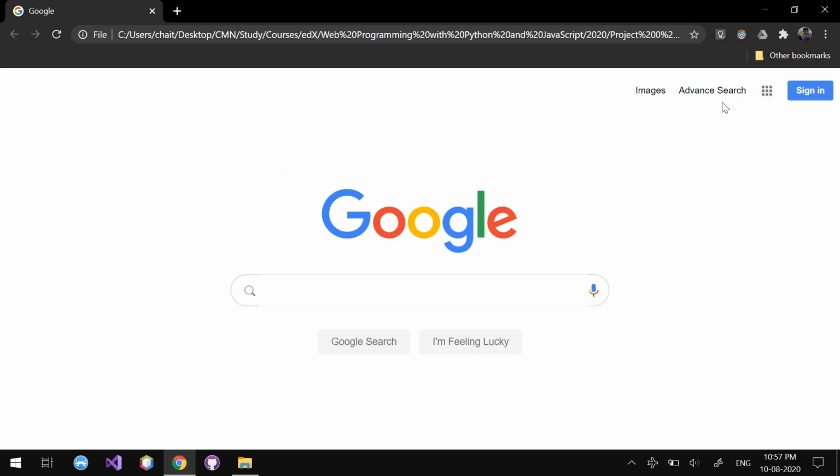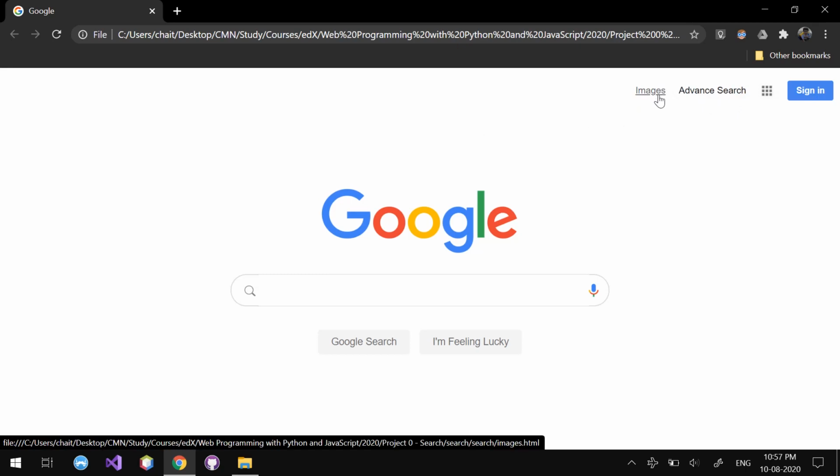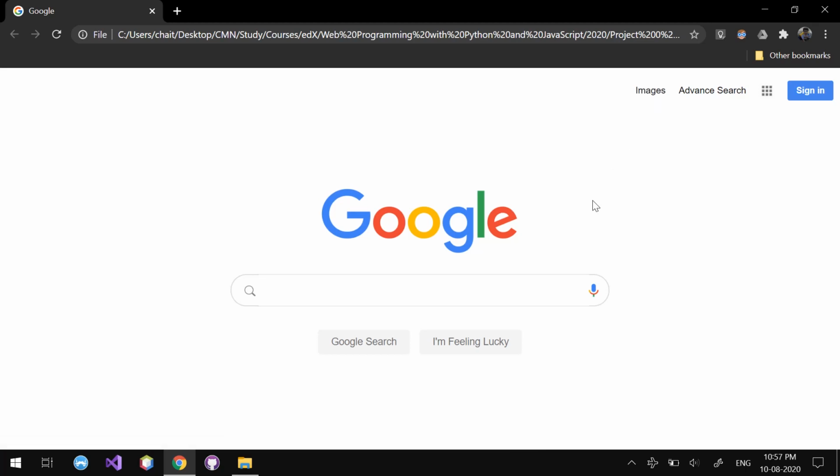We have got all these buttons, and the sign in button, images, and advanced search are links to the other web pages that were required to be created. The search box is also similar to the one present on Google. On hovering, you can see the shadows that are being generated. And for example, if we make a search,